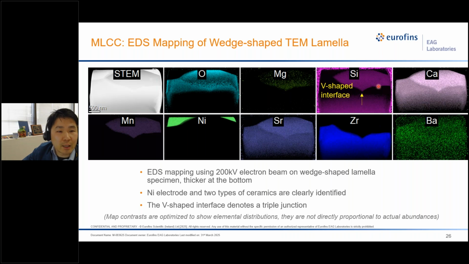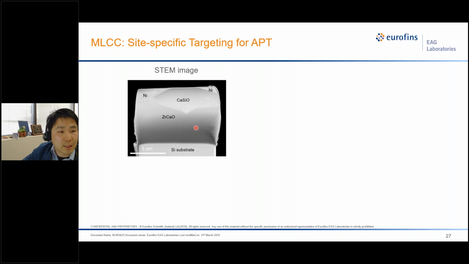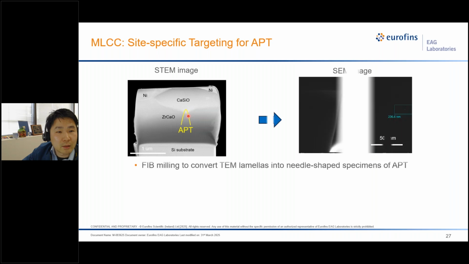And with imaging the sample with TEM using EDS, we can observe the feature and target the region for atom probe. So to do that, we have the sample mounted on a silicon substrate, and we can see the location that we want to analyze, and we apply additional milling to deposit the sample and center the tip right on the bottom of the V. So by doing that, we convert a TEM specimen into an atom probe specimen with the region of interest